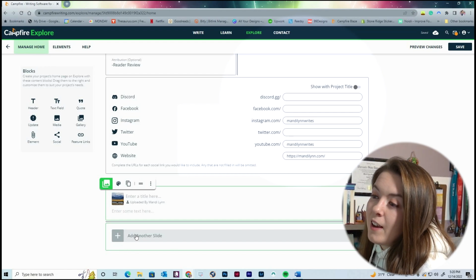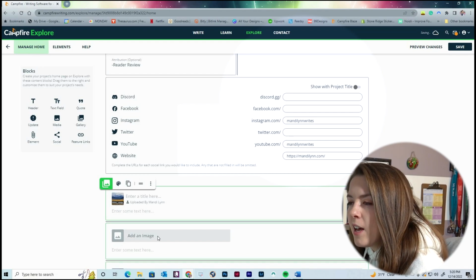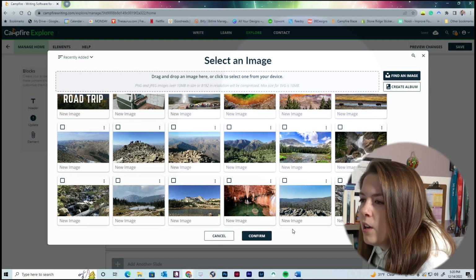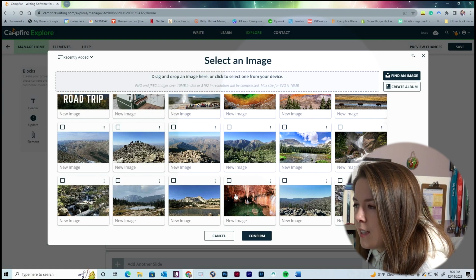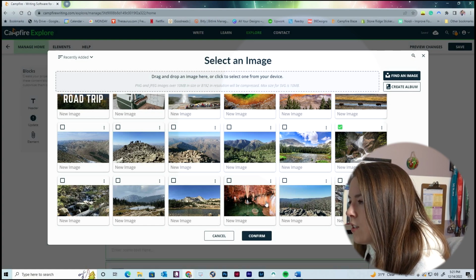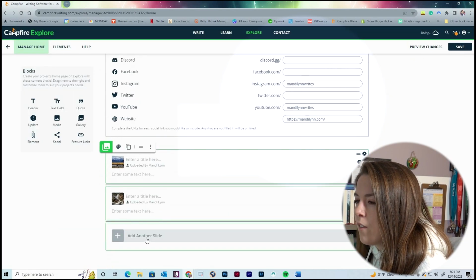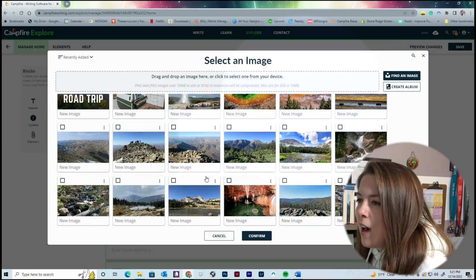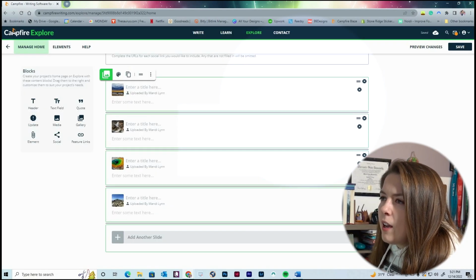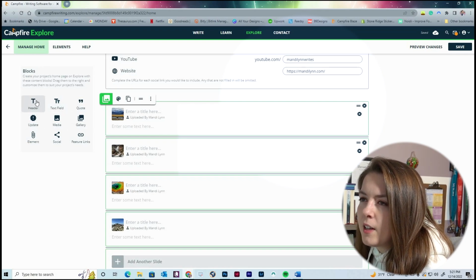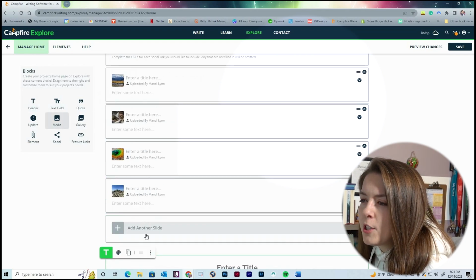And then to create my actual gallery, I'm going to hit add another slide and then hit add image. So again, scroll all the way down. What do I want to add next? Let's see. I think I just want to choose stuff that's visually interesting. So I'm going to click that, hit confirm, and I'm just going to do this over and over until I have a decent little gallery of photos. Okay, and so I just have 4 photos,